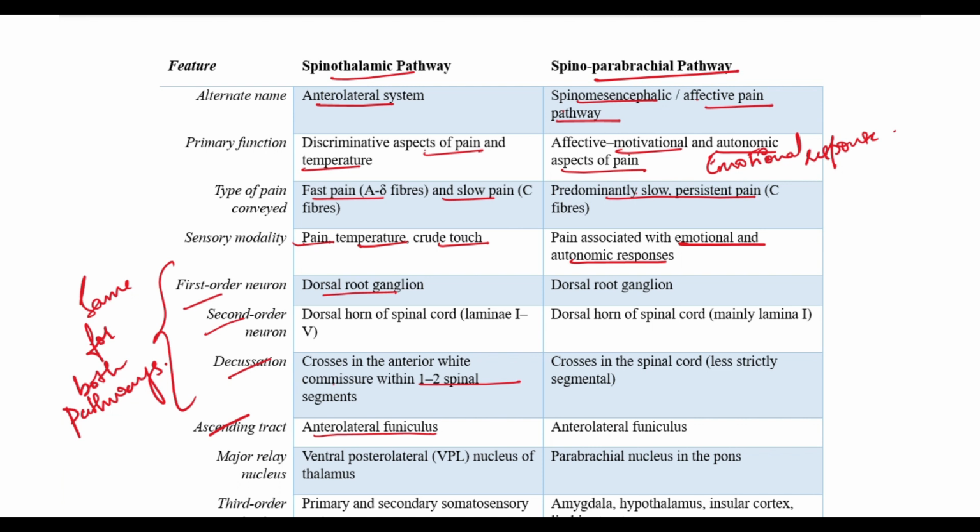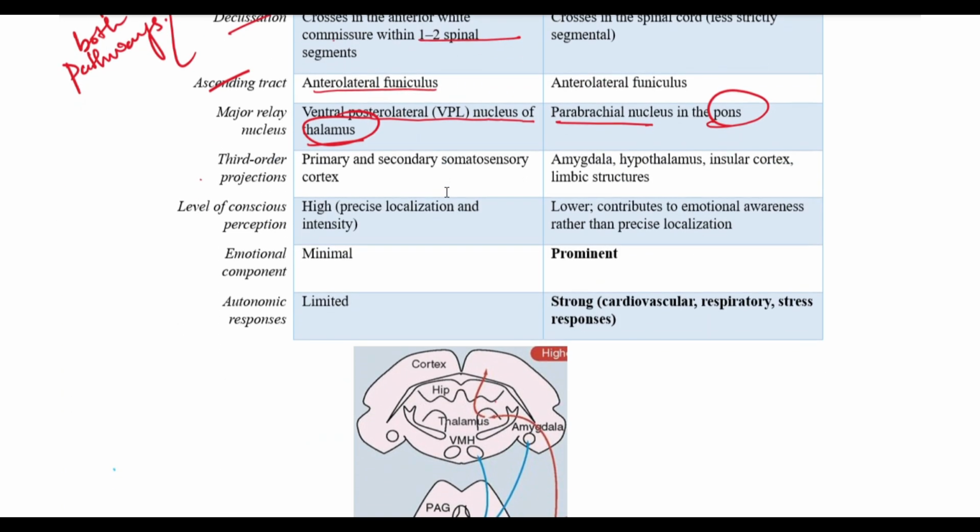The major relay that occurs between these two is the spinothalamic is at the ventral posterolateral part of the nucleus of the thalamus, and here in the parabrachial pathway is by the parabrachial nucleus in the pons. ये thalamus है and ये pons है. Then we have the third order neurons, are the last set of neurons. The primary and secondary at the somatosensory cortex, and here the parabrachial is at the amygdala, hypothalamus, insular cortex and all the other